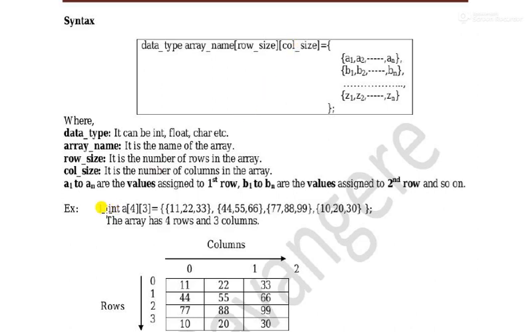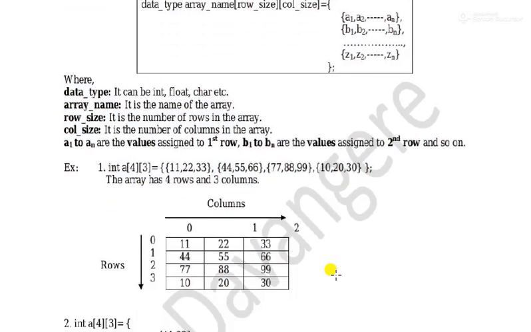So int a, now we see an example, int a[4][3]. So 4, 3. How many rows are there? 4 rows, 3 columns. For each row we have 3 columns. Four rows are there, so that's why inside main curly braces we created 4 curly braces. For each curly brace, three values are added. Why 3 values? Because 3 columns are there. Can we add one more value inside this curly brace? No. Why? Because the column size is 3 only. That's why you need to add 3, 3, 3, 3. Total 4 into 3, 12 blocks of memory will be allocated.